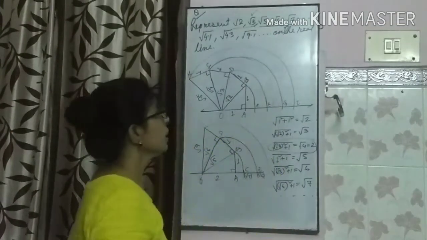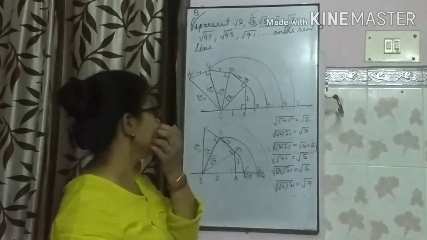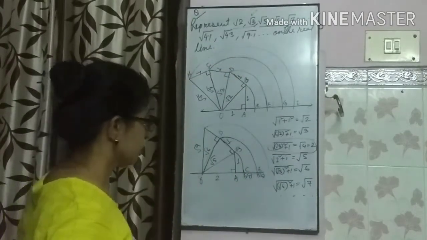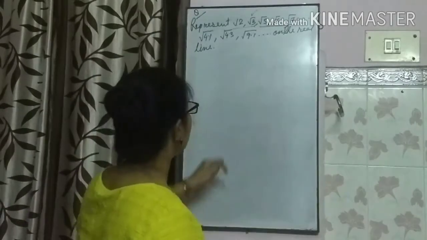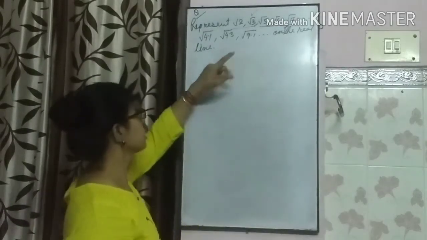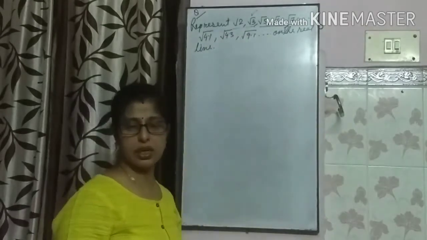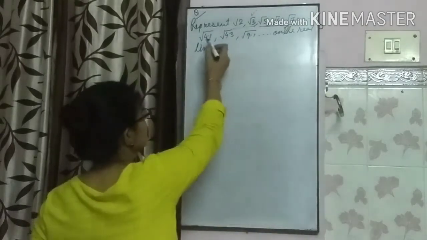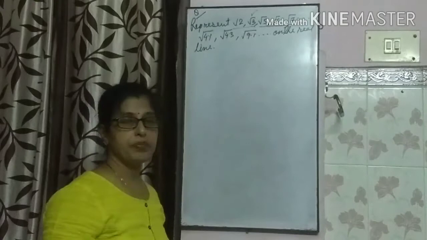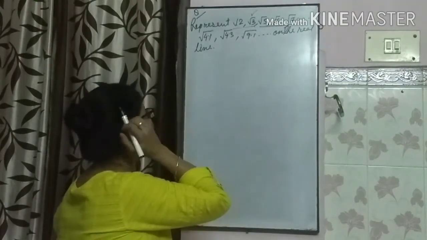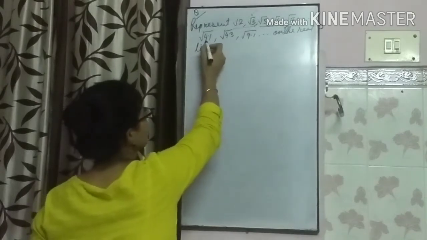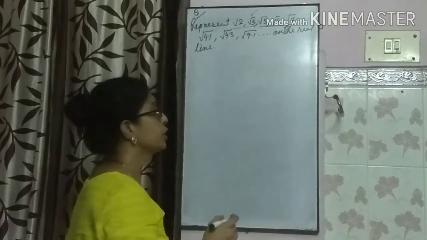Okay. Now I will show you how to represent this decimal numbers also. These are also irrational numbers. Now, how to represent these decimal numbers? Decimal numbers may come in any way. Just for example, I have taken this way. You may get any number, and so suppose 4.1 we need to represent.